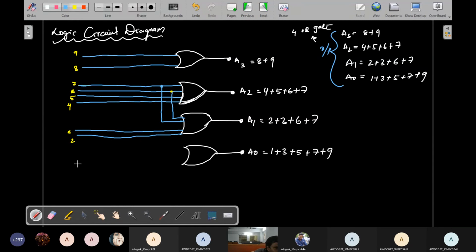Because it is not common, so simply you will draw this, the input 1. But see here, remaining all are common because I already used 2, 3, 4, 5, 6 inputs. So simply connect. So next one is common, and this is actually a second input. So simply take this second input into 3. So this is a 3, and take another input 5. So simply this is 5, and it is connected to 5.